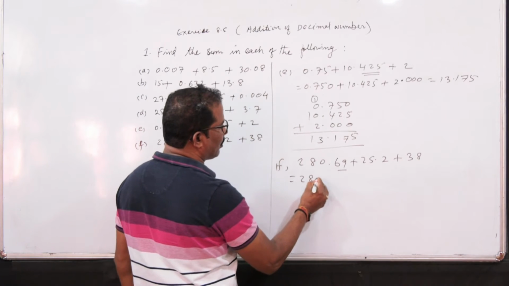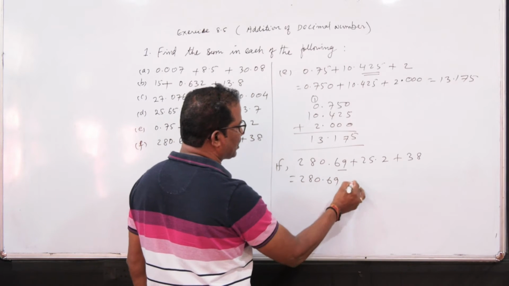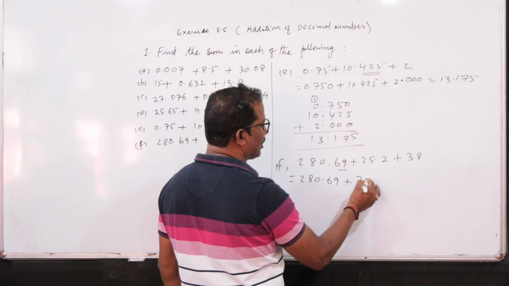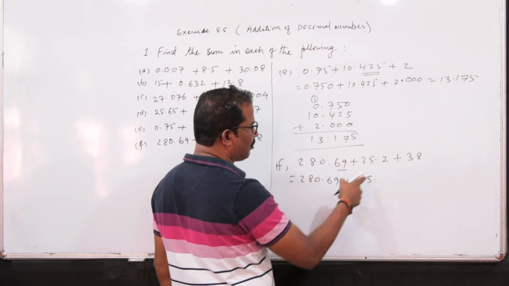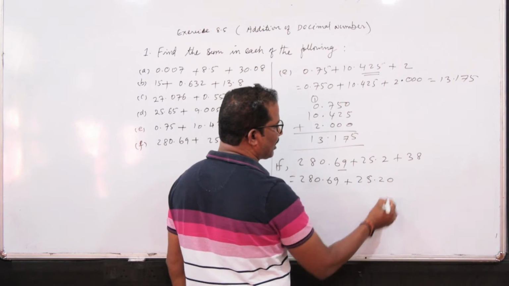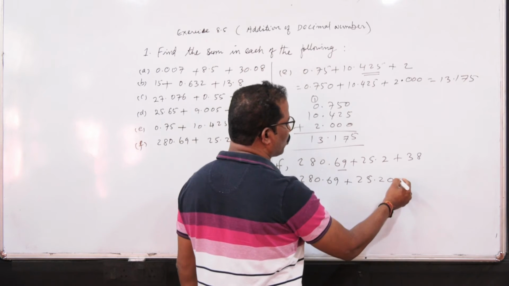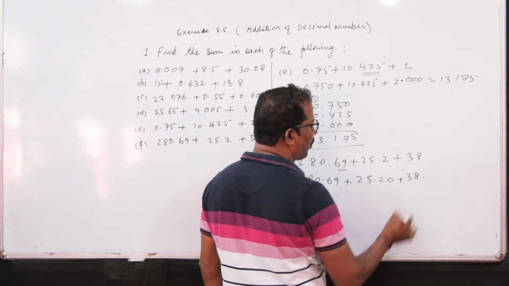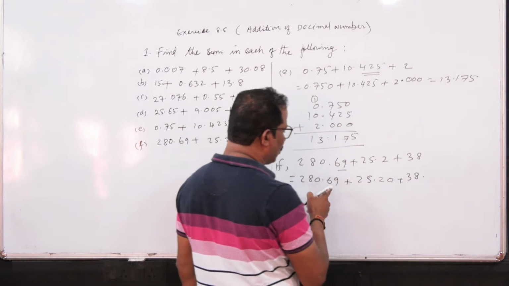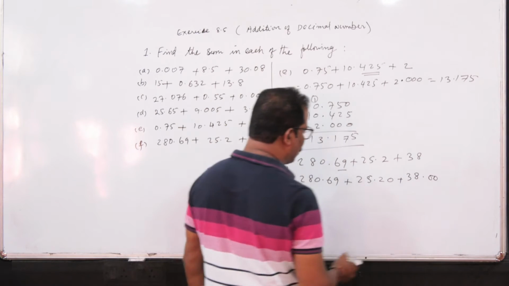So we have to convert all the given numbers into a maximum of 2 places of decimal by adding zeros in the last. So see, here 2 places is there, and here only one place is there. So we can add 1 zero here. Now it is also 2 decimal places, and this is a whole number only. So we can put a point in the last, and we can add 2 zeros to convert into like decimals.